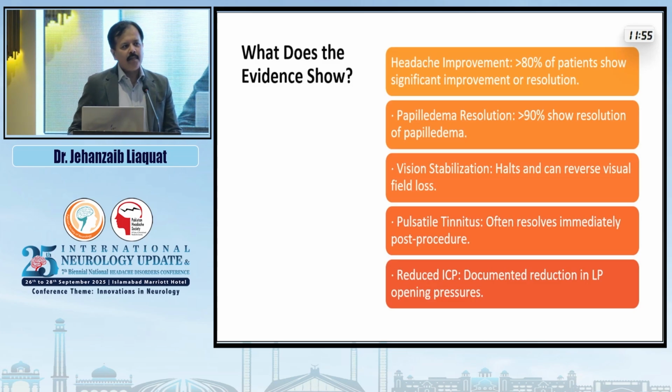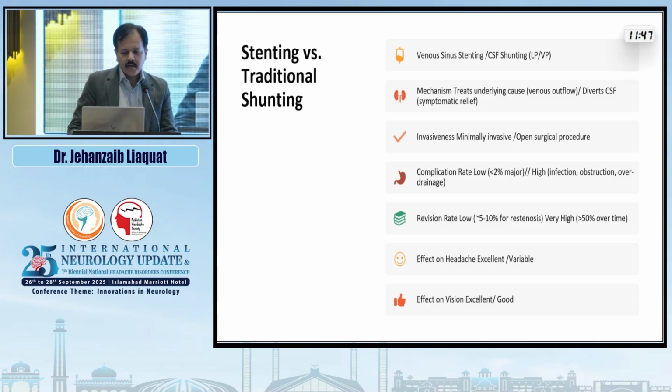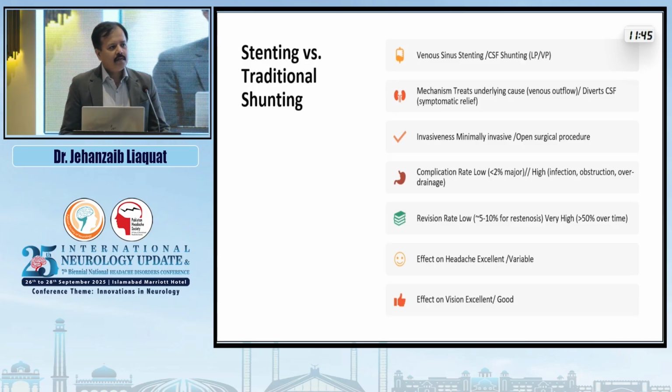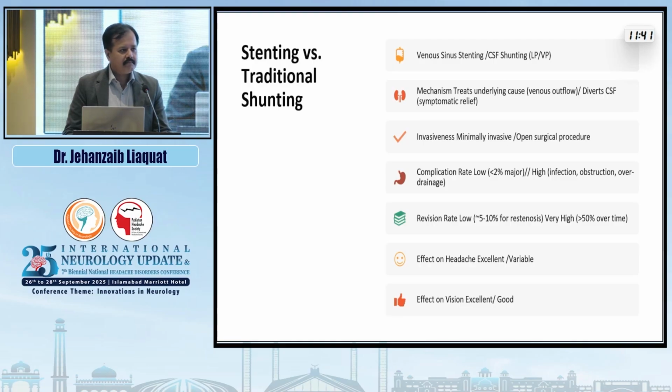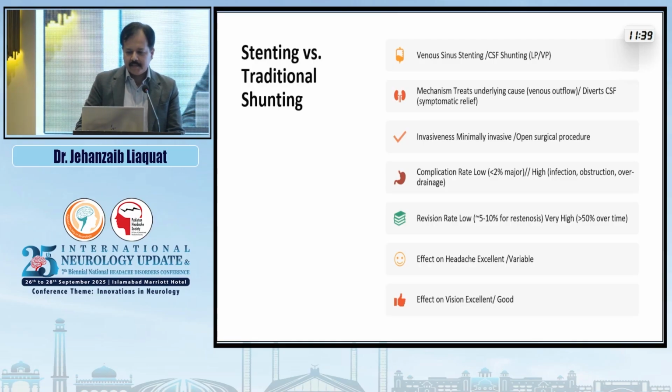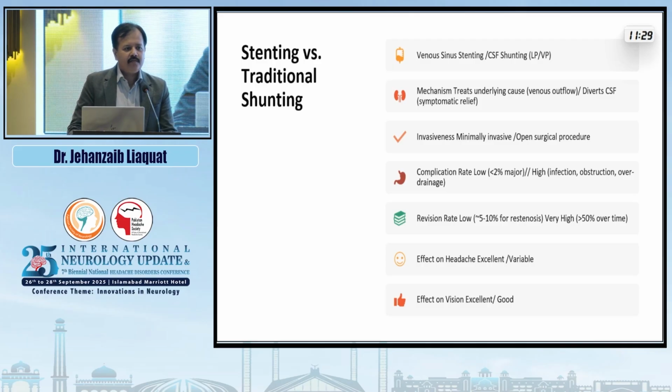And obviously, in the long term, it reduces the intracranial pressure and mitigates the effects of increased pressure on the body. So, which is more superior, stenting or VP shunting, or traditional shunting? The mechanism of treatment is altogether different. In stenting, we are decreasing the gradient, whereas in CSF flow diversion, we're just reducing the volume and diverting the